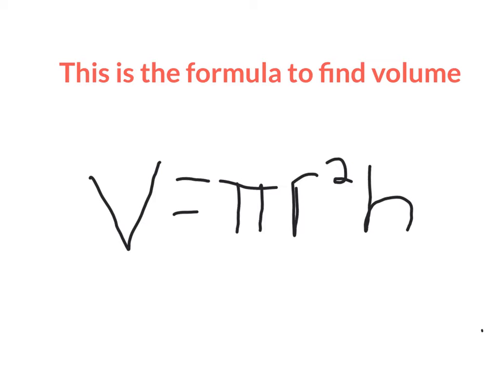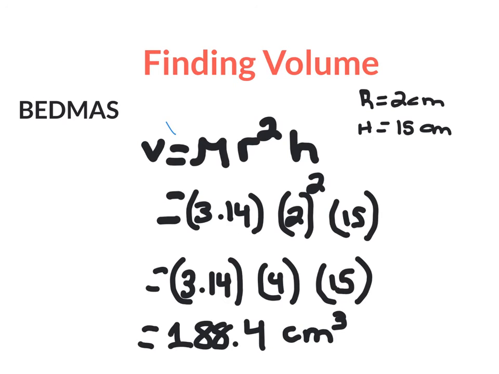This is the formula to find volume. The formula is volume equals pi r squared times height. Since we already know the formula to find volume is volume equals pi r squared times height, we can easily substitute in our variables. Knowing that our height is 15 centimeters and our radius is 2 centimeters, our formula is